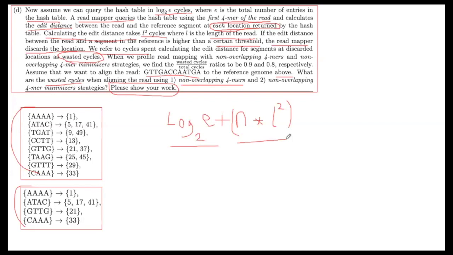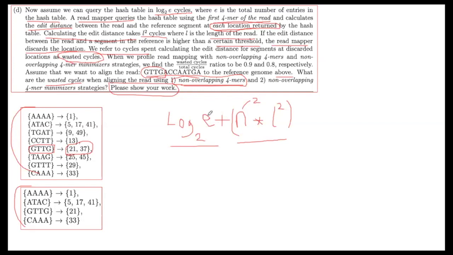What you need to do is just extract the first 4 characters from here, which are G, T, T, G, and try to query the hash table. Now let's see, do we have GTTG here? No, no, no, we have it here. So we got a hit here. And this hit will lead to having 2 locations as n. So using the first hash table, or the first method to extract k-mers, which is non-overlapping k-mers, leads to n as 2,